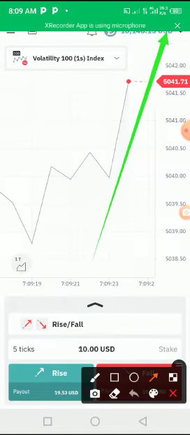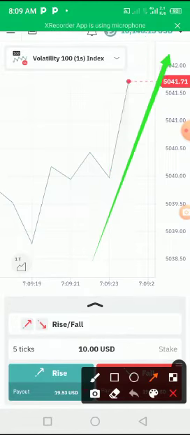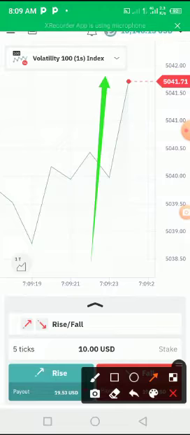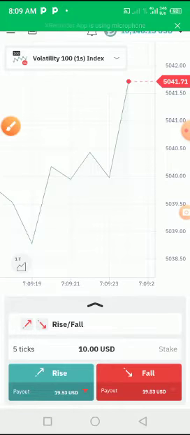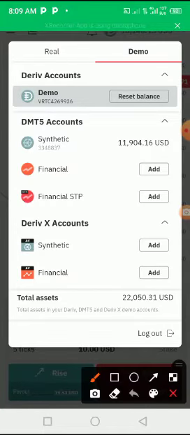So how do I get the demo account number that will allow me to access the MT5 platform? You click on this drop-down menu there again. That drop-down menu, right? So let me click on it. When I click, look at this number. This is the number I need. This number under this thing.